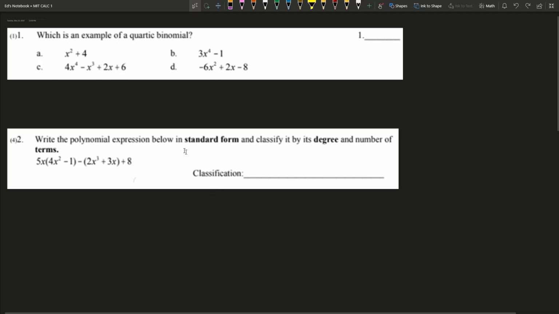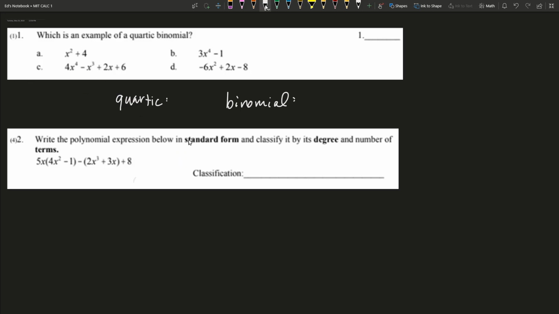All right, let's start our summative assessment edPuzzle. So number one asks, which is an example of a quartic binomial? So you need to think about what the word quartic is going to mean and what the word binomial is going to mean for the naming of these